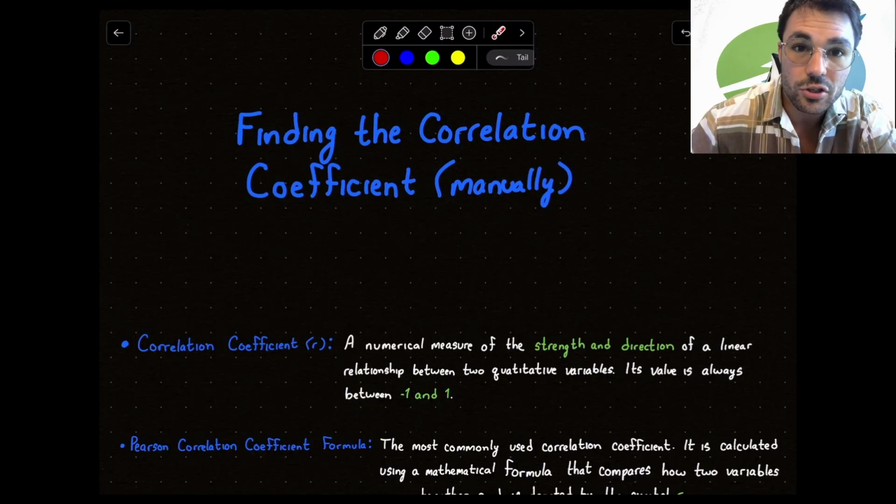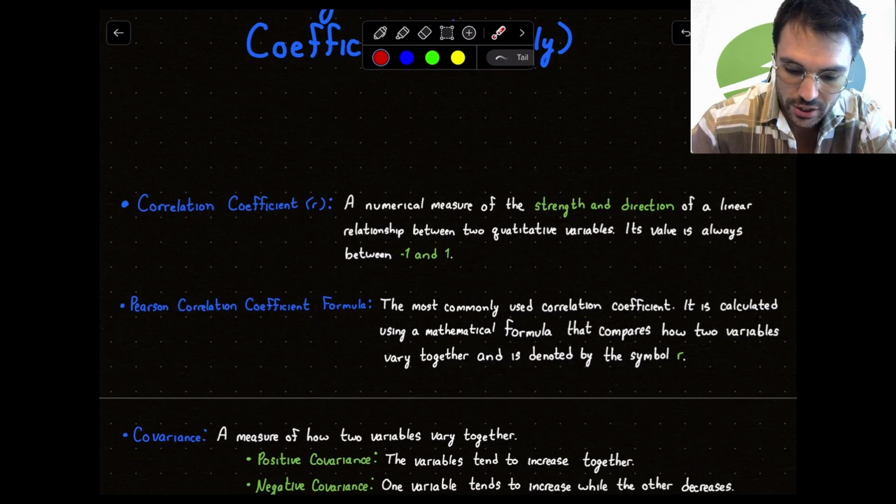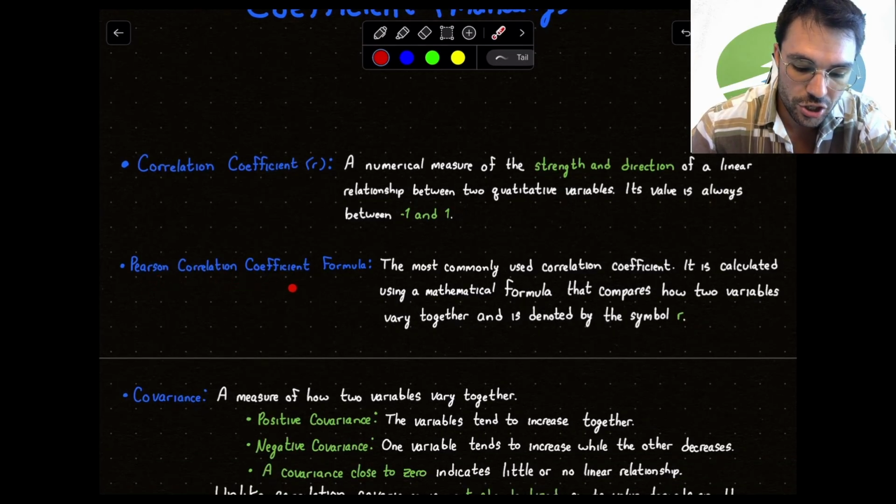All right, let's start with some vocabulary. We got a bunch here. Correlation coefficient: a numerical measure of the strength and direction of a linear relationship between two quantitative variables. Remember, quantitative meaning numerical. Its value is always between -1 and +1. The Pearson correlation coefficient formula is the most commonly used correlation coefficient. It is calculated using a mathematical formula that compares how two variables vary together and is denoted by the symbol